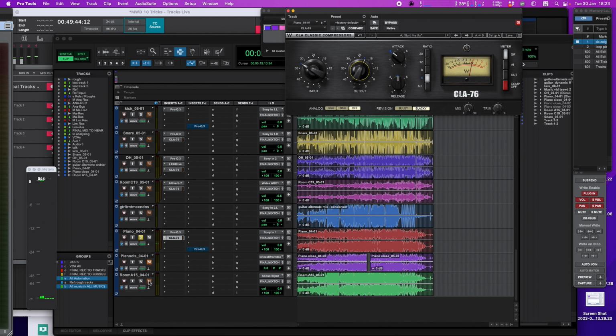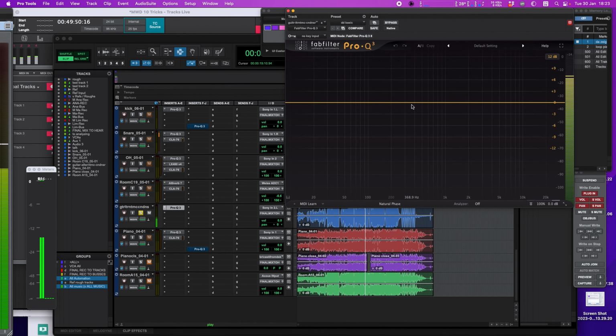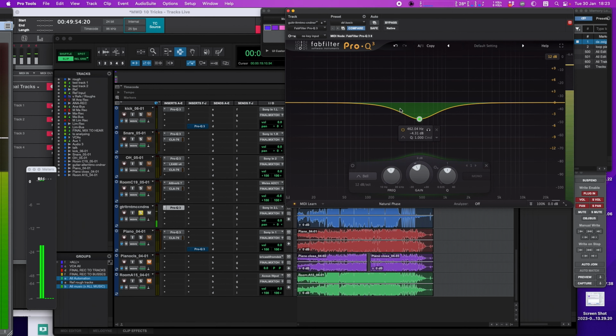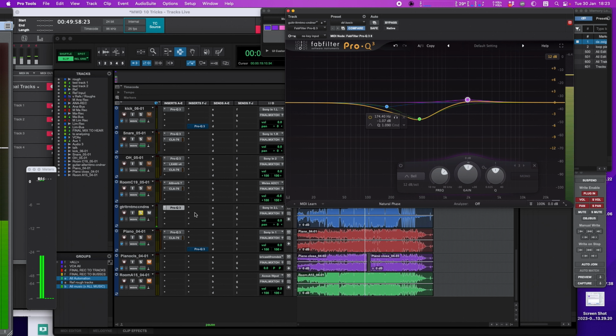Let's real quickly make something with the guitar. Again, it's boxy sounding. Let's add a little bit of reverb.